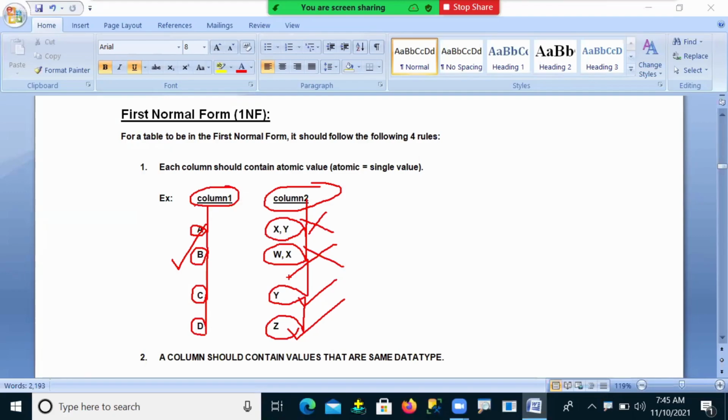A column in your table should contain only single values. But if you have multiple values, then that does not come under a normalized table.